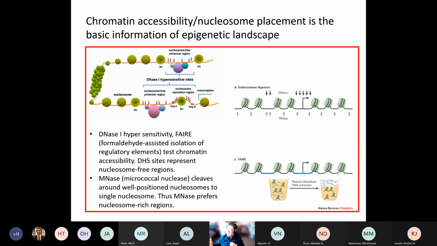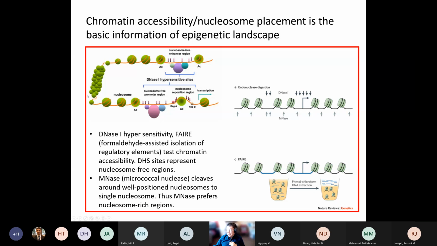So from this map, you can say maybe this naked DNA strand will be easier to be the target of transcription factors, RNA polymerases, other proteins that will bind. They will have an easier time coming to this open region. The same will happen again here. If the region is open, the transcription factors and other important components of transcription will be able to come here and bind and regulate transcription, gene expression.